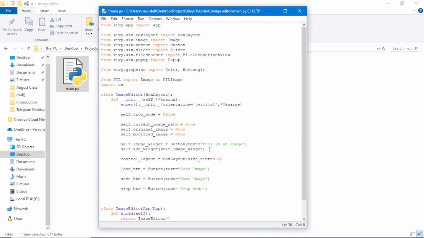We also need a slider, to use the slider to rotate the image. The minimum value can be 0, max 360, since we're dealing with rotation. Current value can be 0. Okay, so we have everything, and now let's go on and add